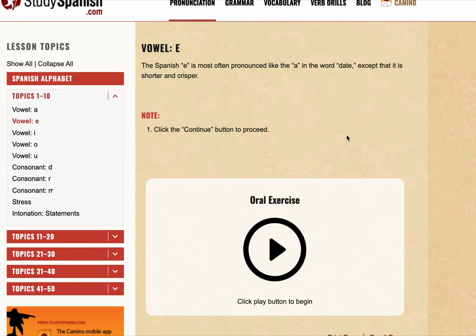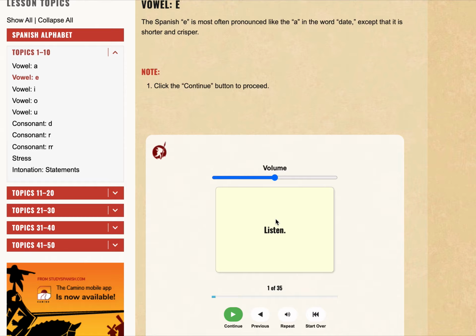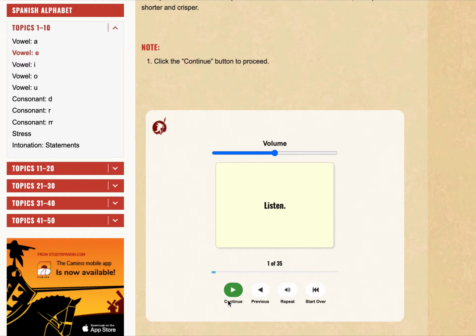Similar to A as in date. Okay, let's see how this goes. Listen to these words and note how the vowel sounds are all short, crisp, and pure.